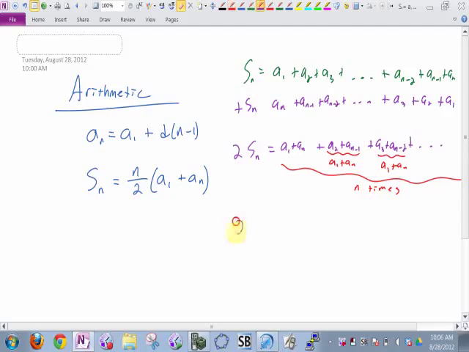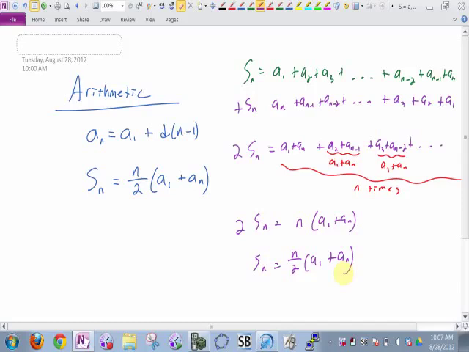So what we now have is 2 S sub n equals n times (a1 plus an). So if we divide by the 2, there's our formula. Does that make sense? The formula is just easily proven using the same exact techniques that